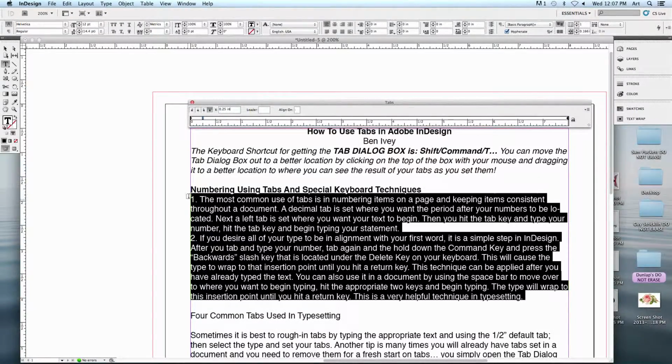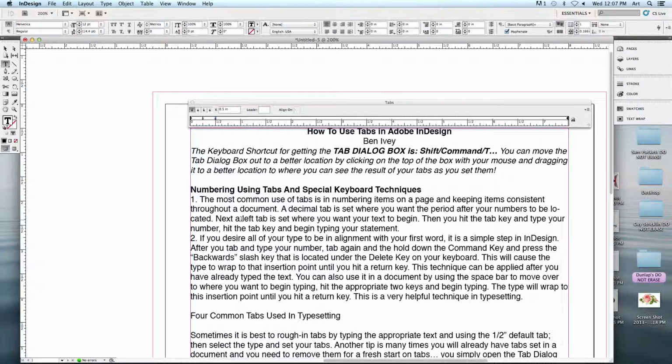Also, since I've set one tab there, let's set another tab for the first line from there. Since I've already got one set at 1/4 of an inch, we'll set another at 1/2 an inch. This one doesn't need to be a decimal, so with it selected, I can set it to be left justified, and you can see it changes that one as well. Now if I go back into my text and hit tab, it'll tab over, so now it's aligned well with